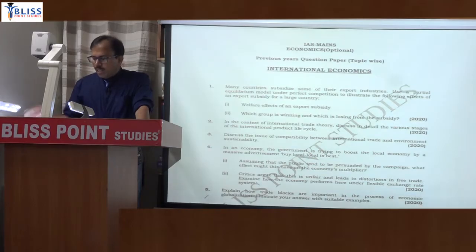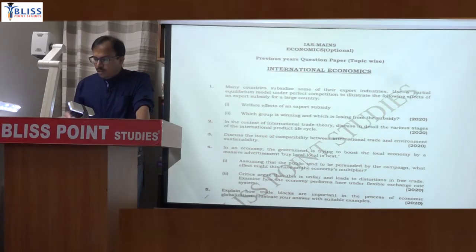If you start with the fifth question, it says: explain how trade blocs are important in the process of economic globalization. Illustrate your answer with suitable examples. So if you know the concept related to trade bloc or customs union, then you can answer this question number 5,